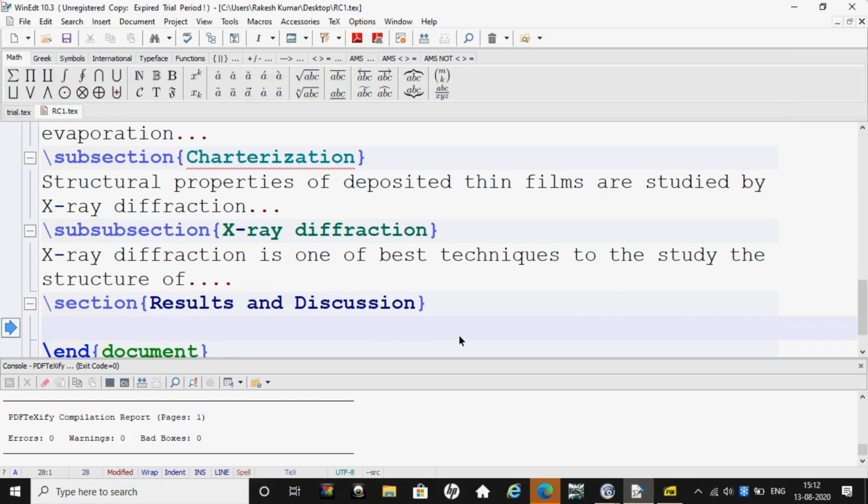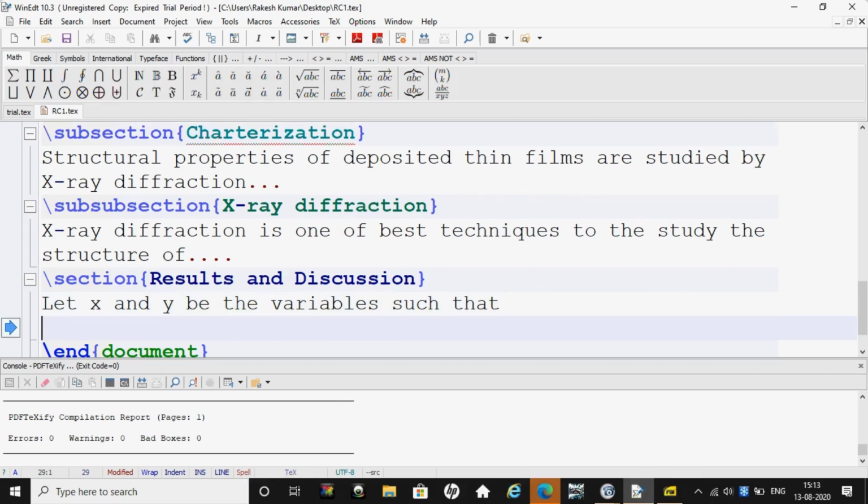So in this section we will try to learn how to write the equations and theorems in LaTeX. We will also learn how to do the cross-referencing of equations and theorems. So let x and y be the variables such that